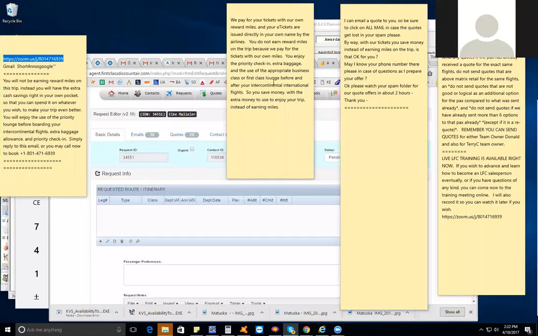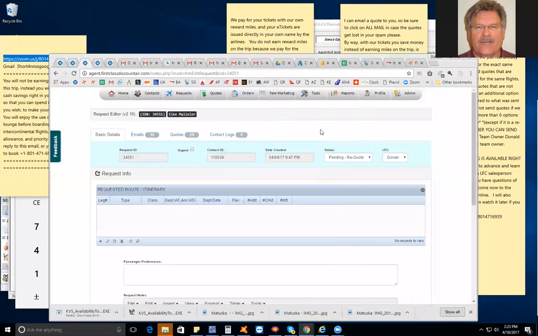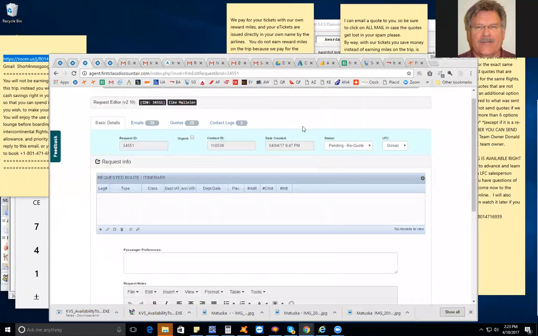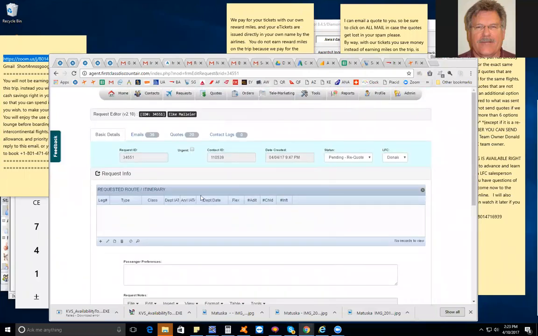Okay, I'm going to start recording this now. This recording is to show LFCs, quoters, and telemarketers how to add the legs in the flight requests. Let me look at one really quick to give you a quick overview. You notice